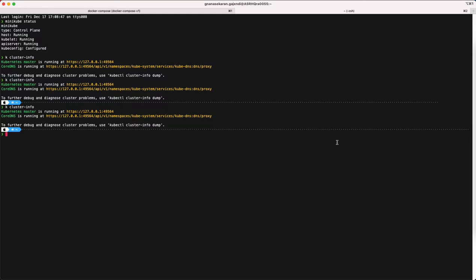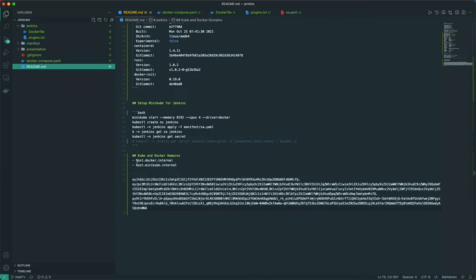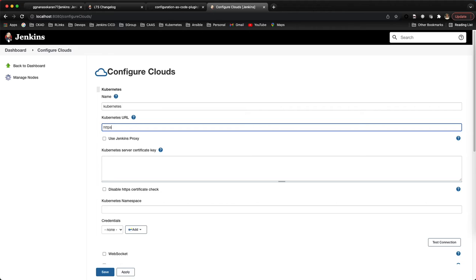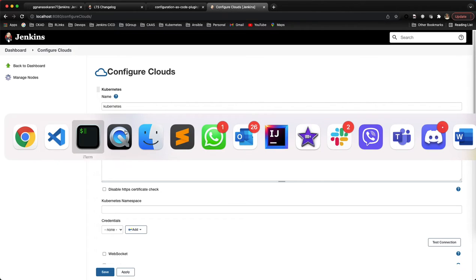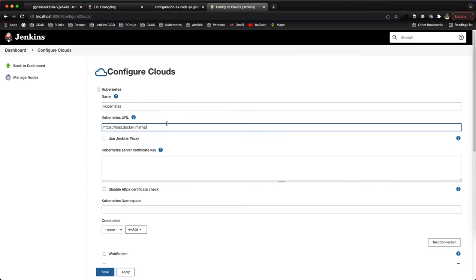For this, Docker provides an option. If you go here, this is how we reach the host environment. Let's copy this domain name, put https in front, and then our port, which is 49564.